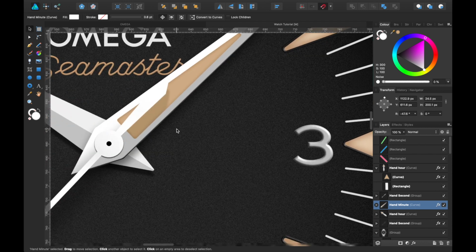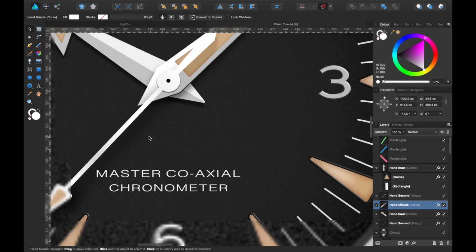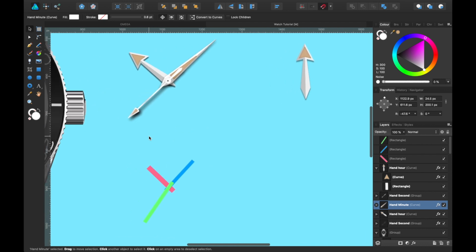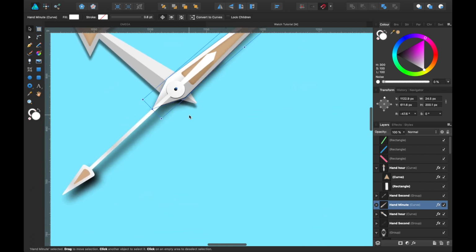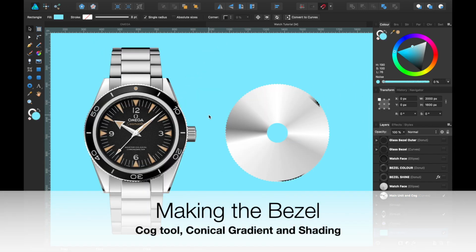We'll go to the watch and show you. You can see it's a little bit closer there, but it's a little bit further away here. Not sure how well you can see on this computer screen, but yeah, something to consider when making shadows and thinking about realism. We're going to go into a little bit more detail now.